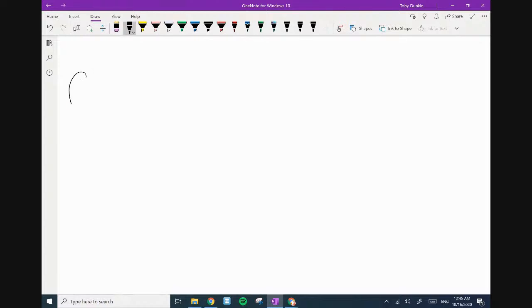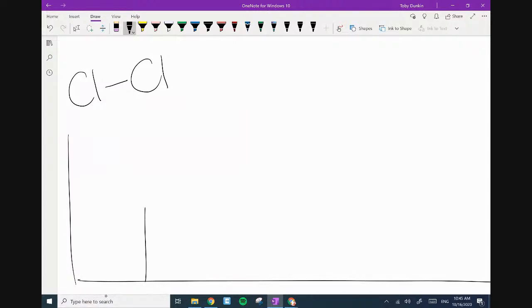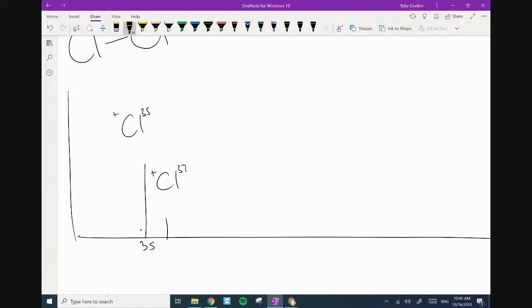So we know that chlorine is joined to chlorine in a pair. Now, when we see the fragment pieces, 35 and 37 in a 3 to 1, what we're seeing here is the single atoms. That was chlorine 35 plus 1, and this peak was chlorine 37 plus 1. I'm just going to get rid of those numbers there. Cool. It's a 3 to 1 ratio. So these are the species causing